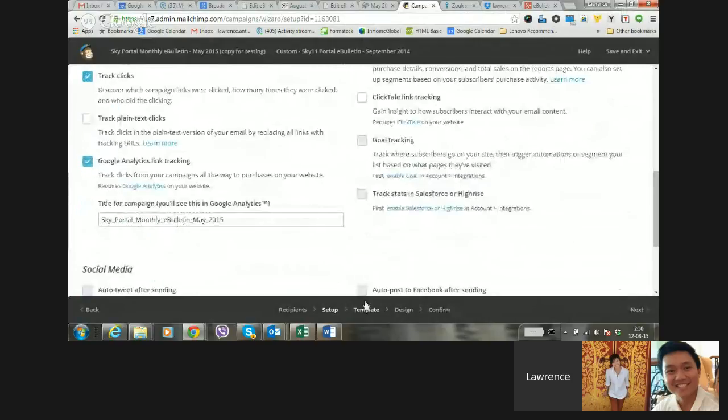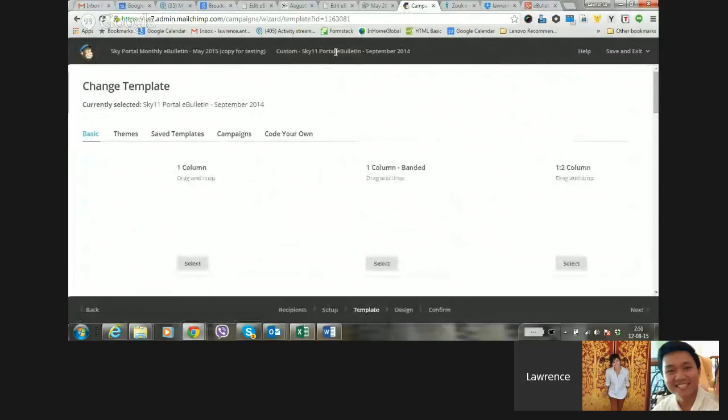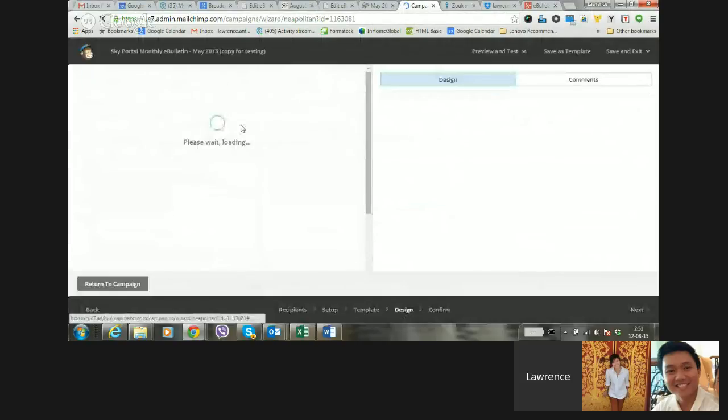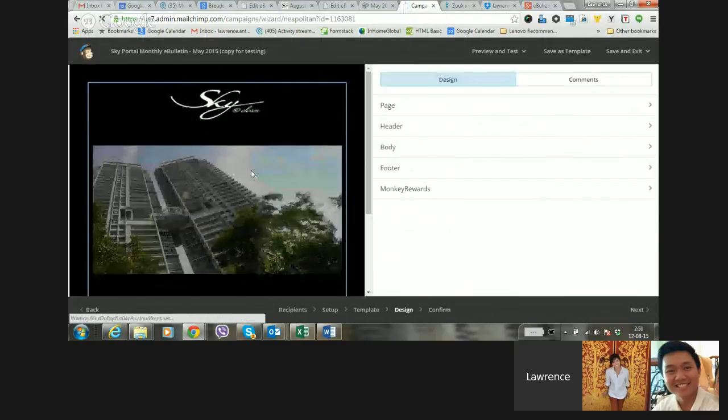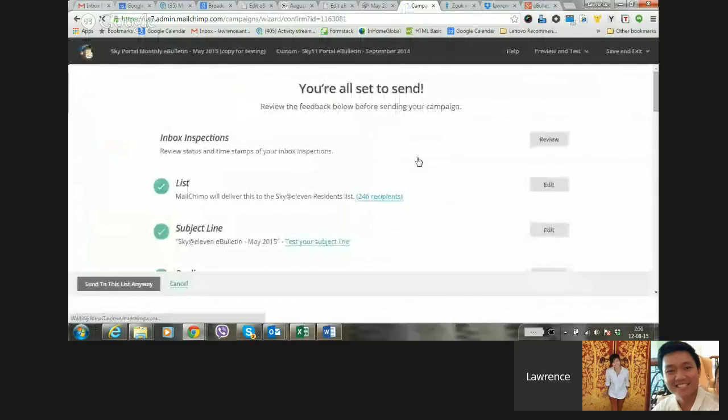After that, you go to the template. This is the default. It will pick up the September template, and then go to the design mode and see what your design looks like. This is what we are planning to send in this campaign. After that, you go to the confirm section. In the confirm section, you don't have to do anything because everything is set. Just make sure that